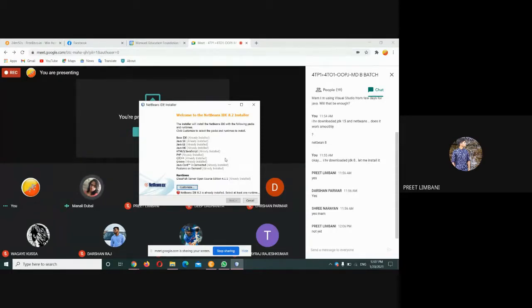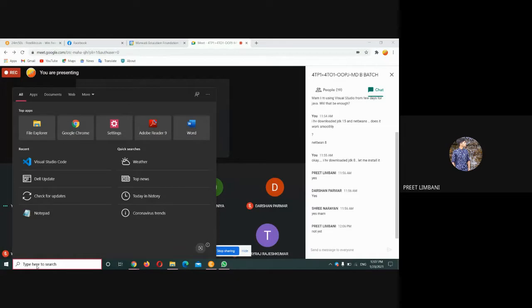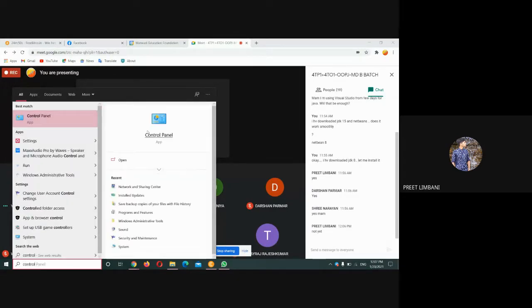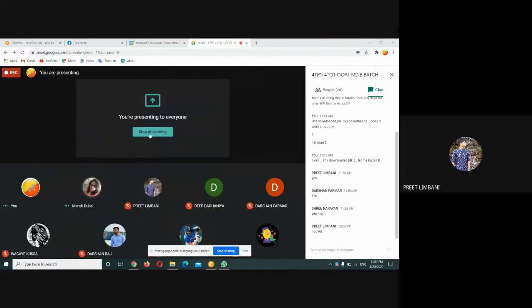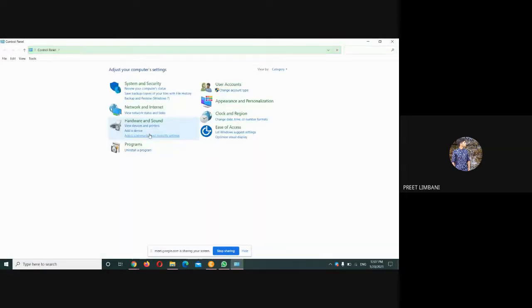So click on cancel. Now go to the search icon and open control panel. Do you know what control panel is, Pima? You can search control panel. Done, ma'am. Okay. Click on uninstall a program.